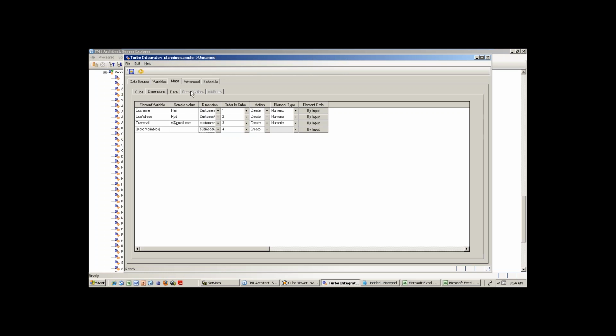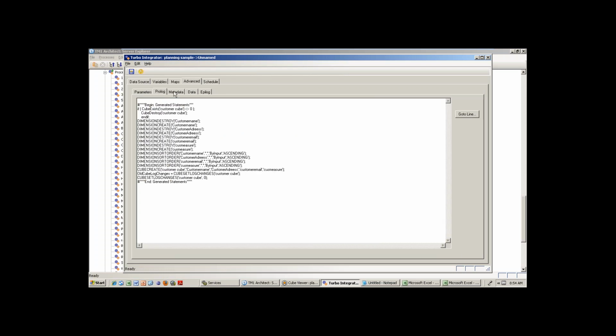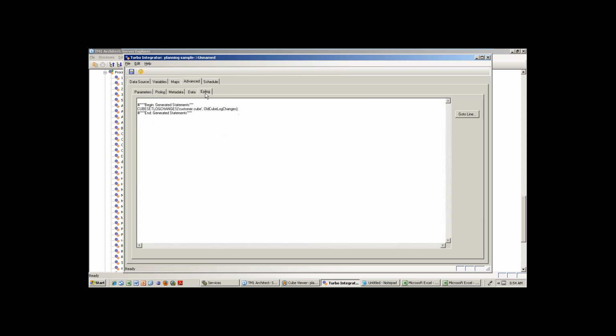See now, there is no consolidation tab because you are treating everything the same. Go for this, then directly advanced: Prolog, Metadata, Data, and Epilog. Then save it as customer sample, and try to execute these things.